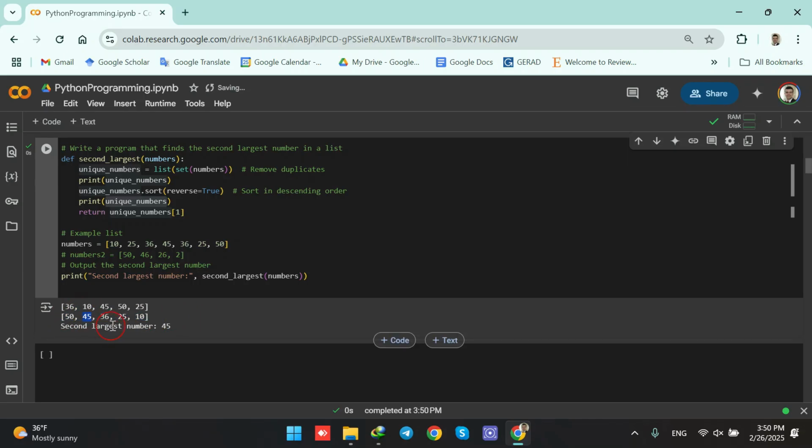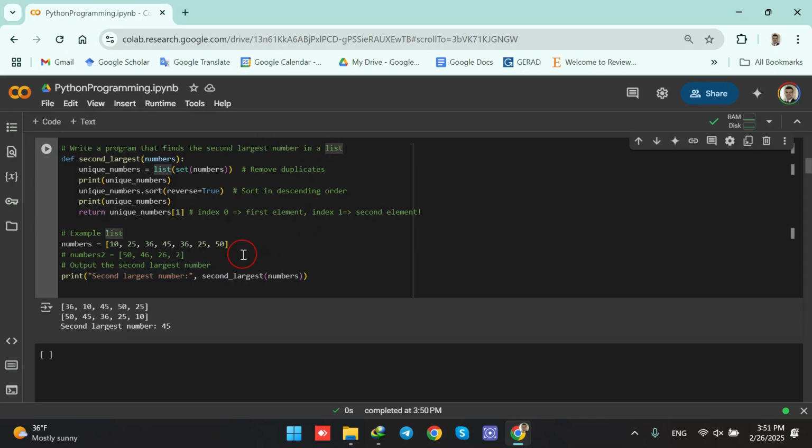Now we see that the second element is the second largest number in this list. And in order to access that, we are going to simply write down the name of the list and then the index 1, which represents the second element. Why? Because index 0 is for the first element and index 1 is for the second element. Okay, so this is how it works. Index 1 is for the second element and my second element is 45, which is exactly the second largest number in